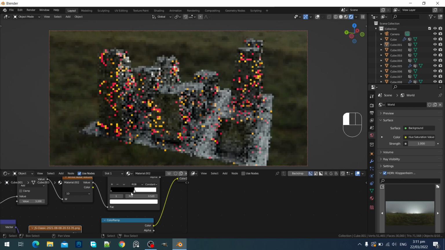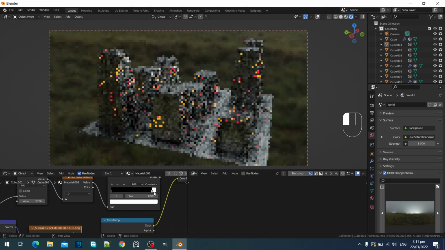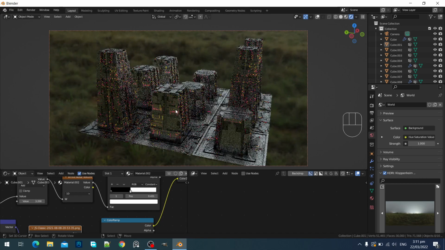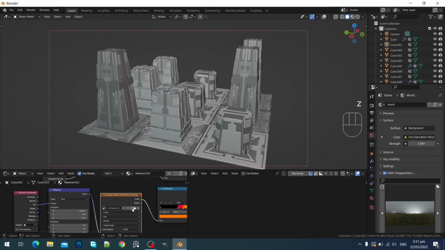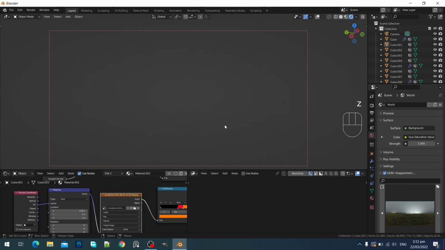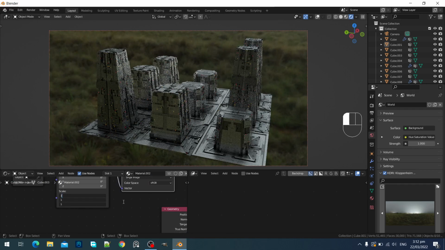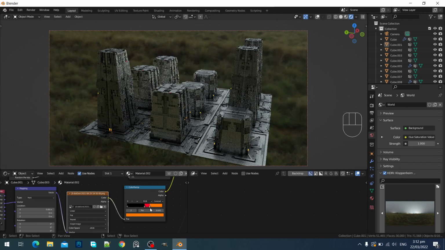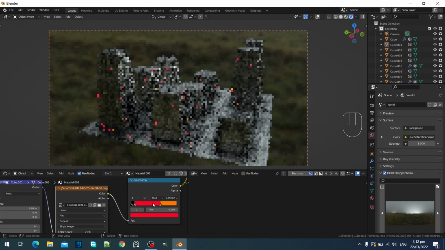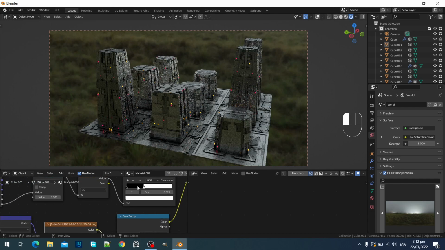So if I increase this here, it will affect more islands, and it will affect less islands. How about this one? I'm going to use one, and so there's a lot of possibilities